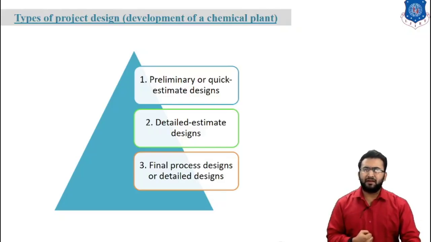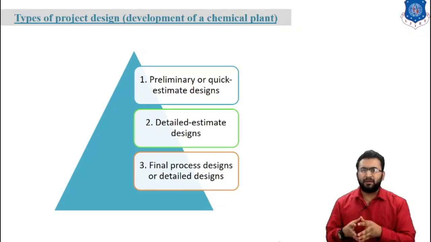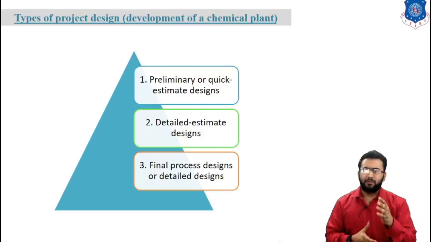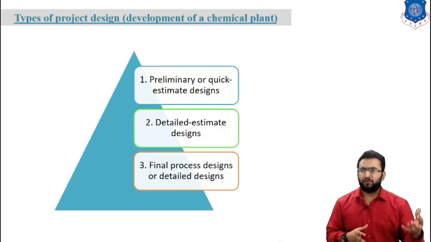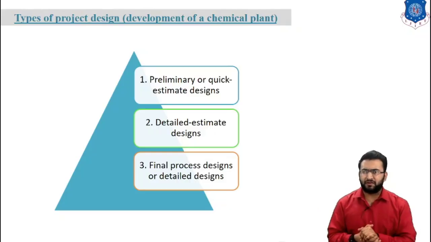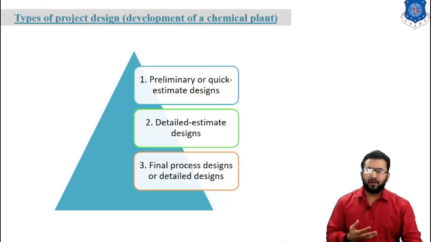When the detailed design indicates the proposed project should be a commercial success, the final step before developing the construction plan for the plant is the preparation of the final process design. Complete specifications are presented for all components of the plant and accurate costs based on quoted prices are obtained. The final process design includes the blueprint and sufficient information to permit the immediate development of the final plan for the